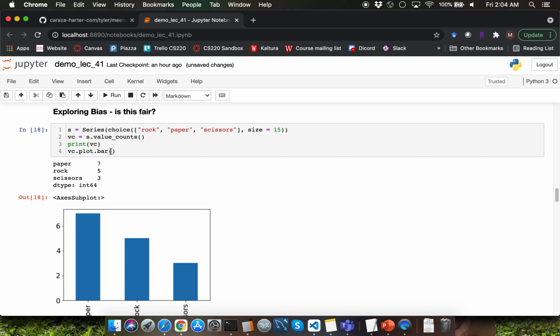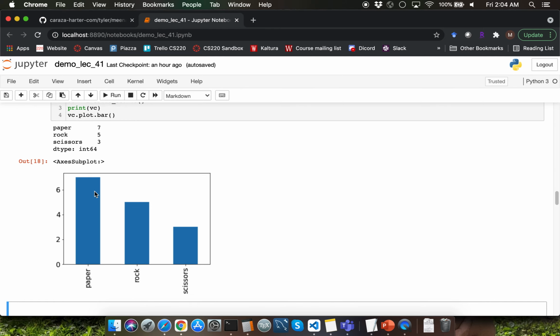Observe that from the series display output, we are getting the values as the counts 7, 5 and 3 ordered based on descending order. The corresponding index are paper, rock and scissors. If you take a look at the bar plot, your bars are always going to be ordered based on descending order. In this execution of the choice function call, we are getting paper bar first, rock bar next, and scissors bar last. Let me execute this cell again. Observe that now we are getting rock bar first, paper bar next, and scissors bar last.